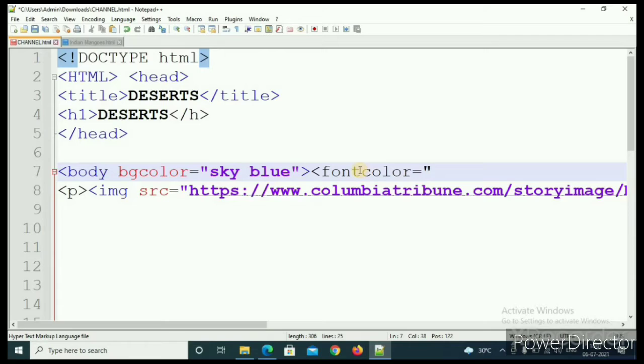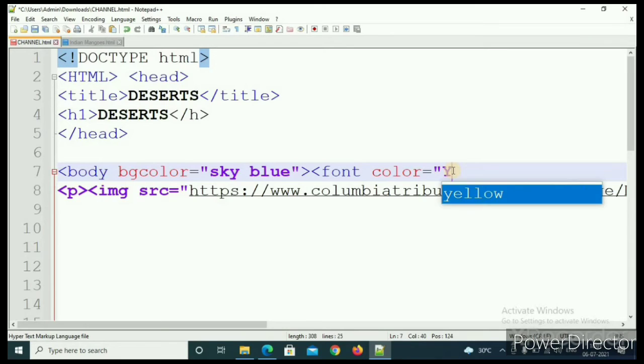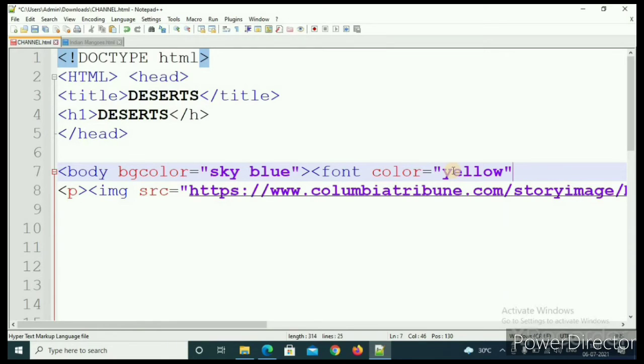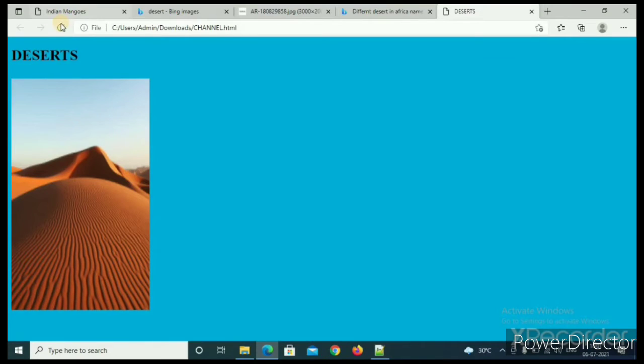I am doing something wrong here. Yeah, now it's perfect. Equal to, I am choosing yellow. Given, and then closing bracket, and then Control plus S, and now you see.